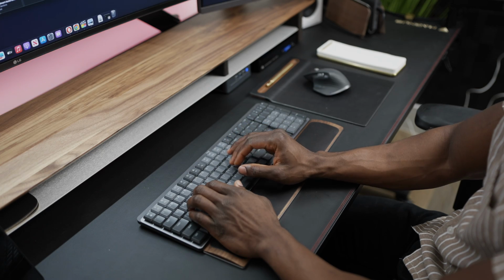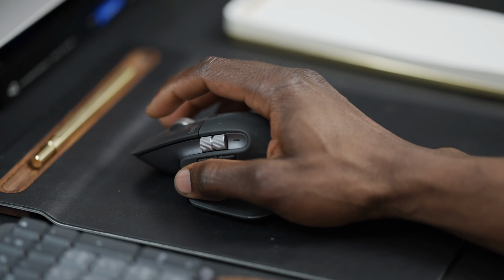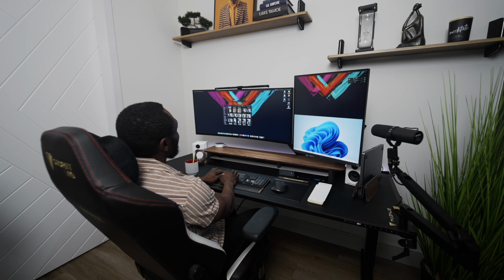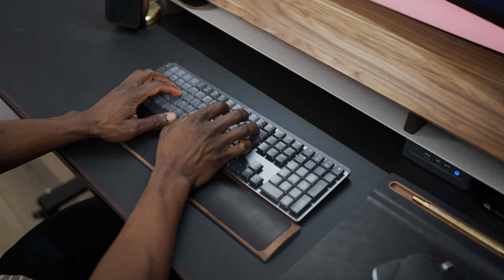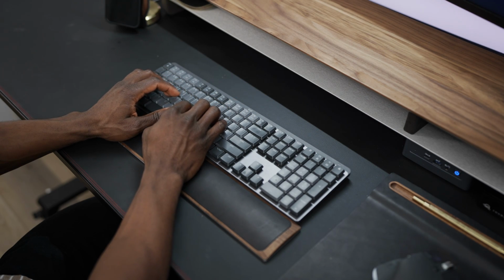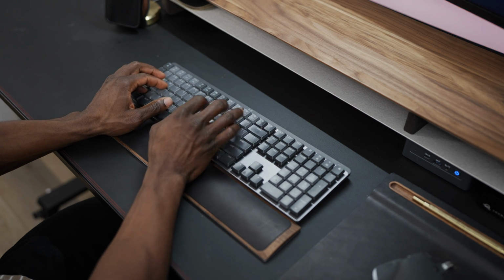combo. The productivity pair we added to the desk is the Logitech MX Mechanical and the MX Master 3S. The MX Mechanical is such an amazing full-size low-profile keyboard with lots of features that enhance productivity. It also looks great, and the blue switches it uses create such a nice and clicky sound when the